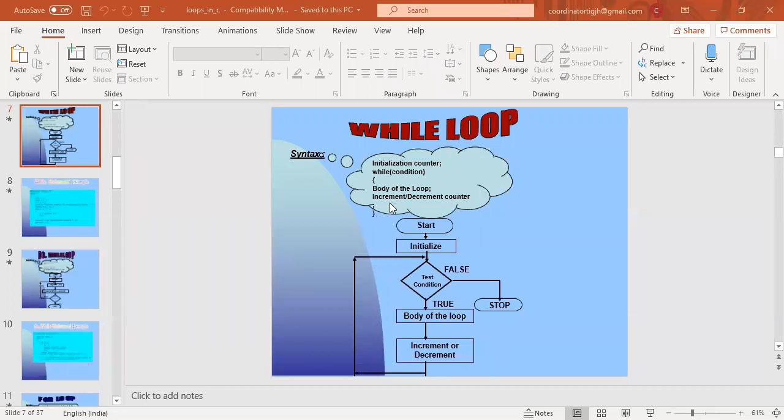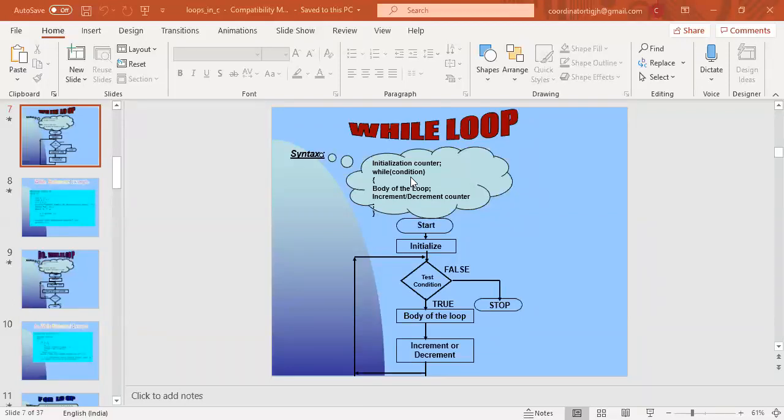Now the thing is, if the condition I write between the first brackets after while is true, then the compiler enters into the while body. Whatever statements are written there, it will execute one by one.